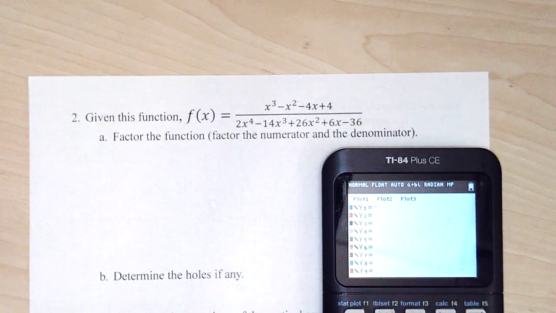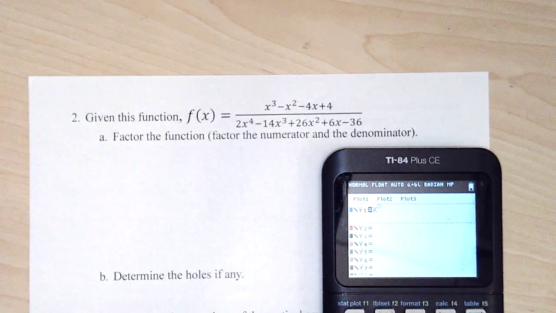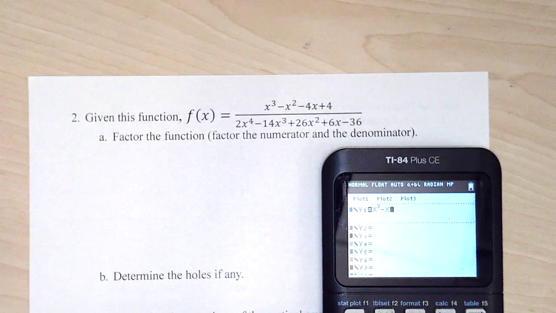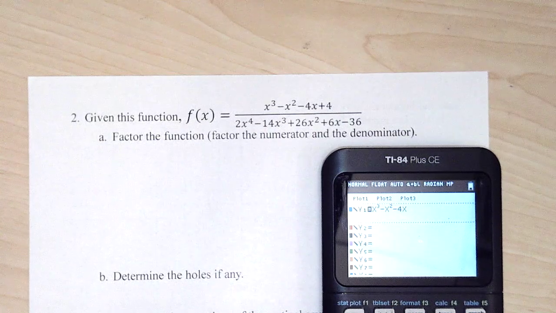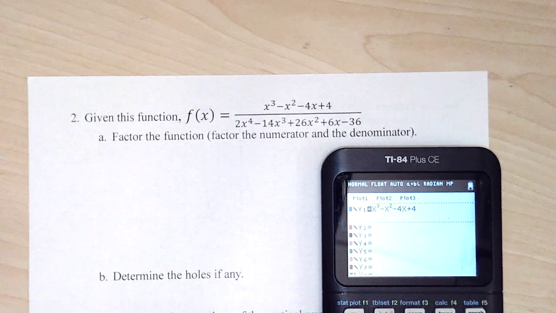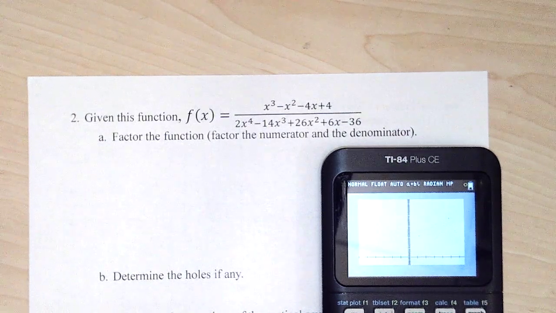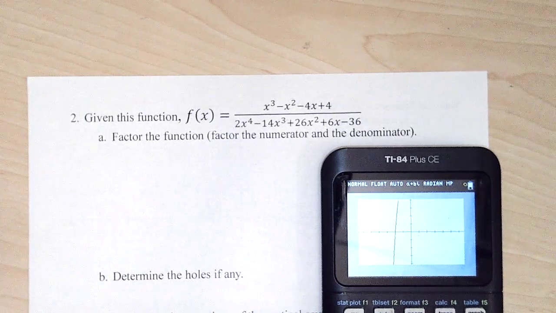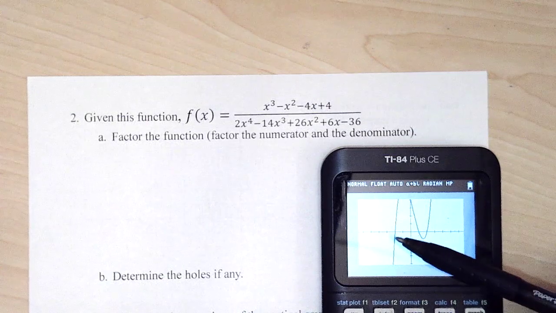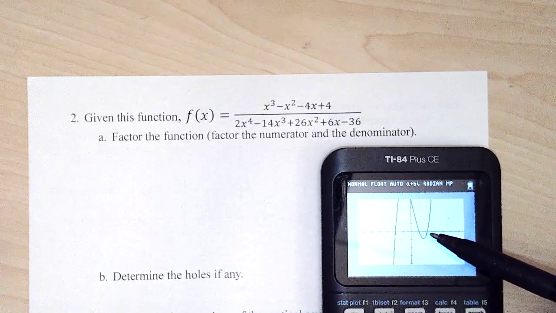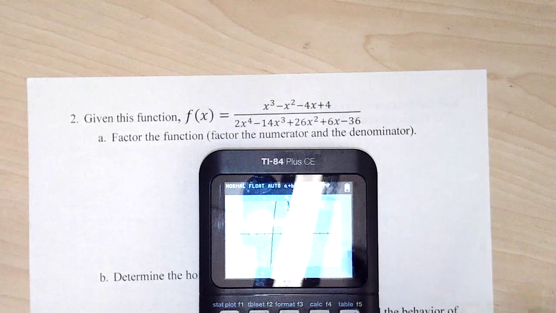Come down, and I'm going to type in x to the 3rd minus x squared minus 4x plus 4. And I'm just going to graph the numerator. Let's go. Hopefully I can see it all in zoom 4. Oh, it looks like it goes through -2, 1, and 2. That tells me